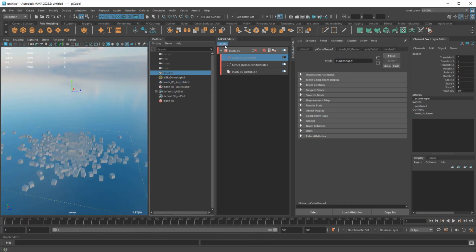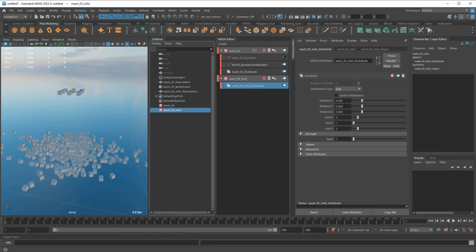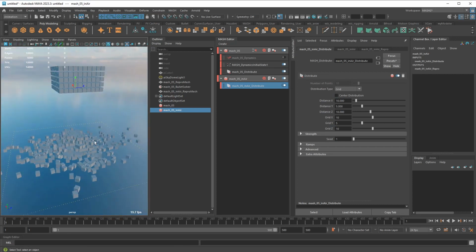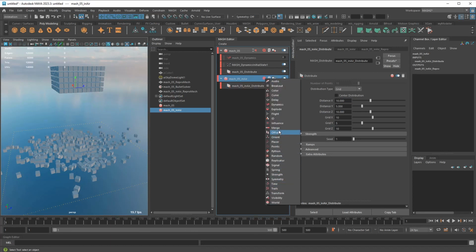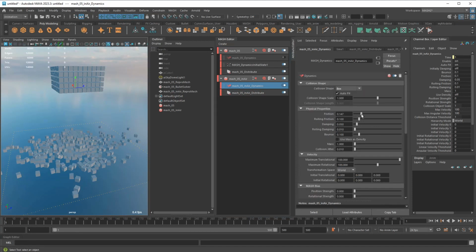Then I'm going to get my cube, make another network, and I'm going to put this up in the air, and this is also going to be a grid. This is also going to be 10 by 5 by 10, and I'm going to drop that one down here on top of it. The difference is that in this dynamic situation, again, this is box, a little bit of friction. The difference here is that the collision object, if we go to the bullet solver,